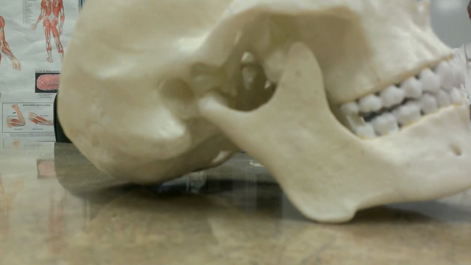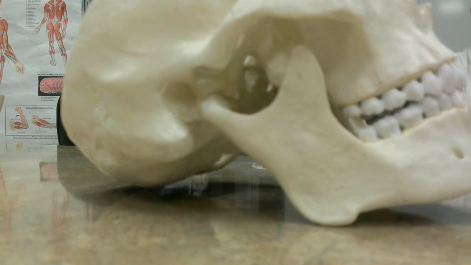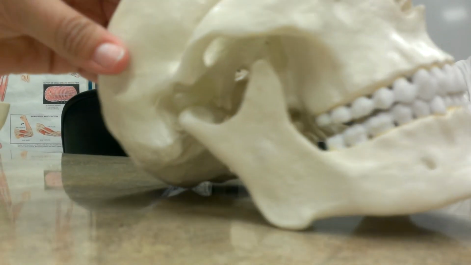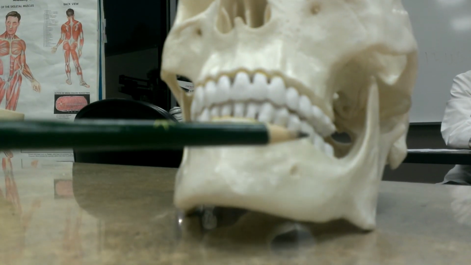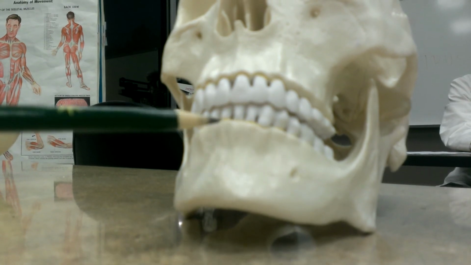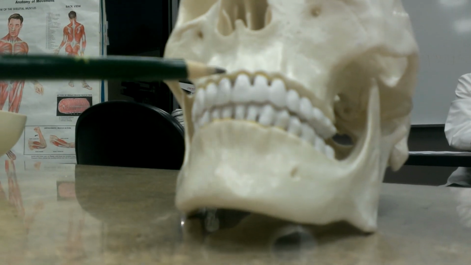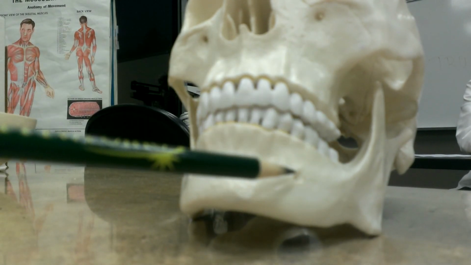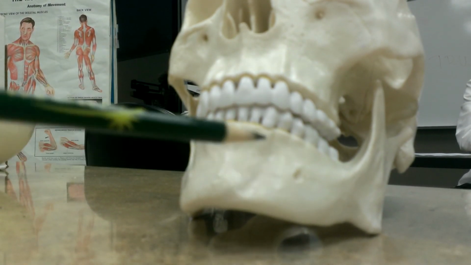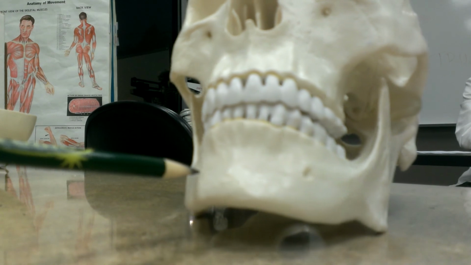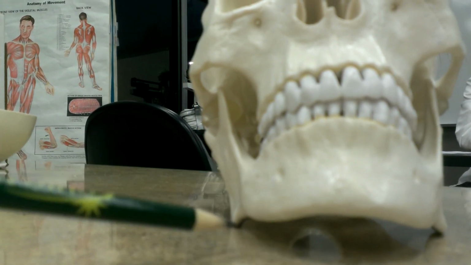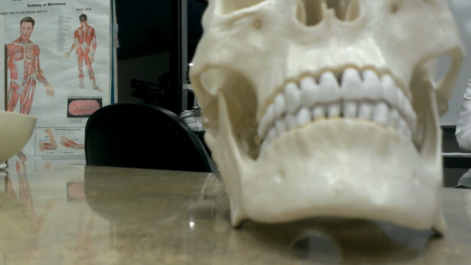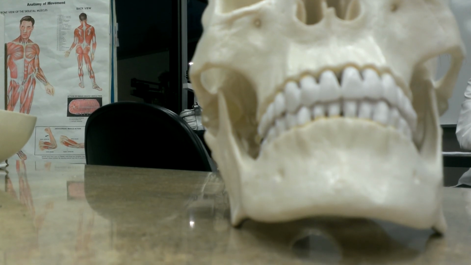Then there's the part that holds the teeth. That part is called the alveolar process, both in the mandible and the maxilla. It's the same thing. And then in the front of the mandible, on both sides of the body, there are 2 openings. Those openings are foramen, where nerves and blood vessels pass. Those are called mental foramina, or mental foramen. That's one I often talk about. There's a point where the dentist